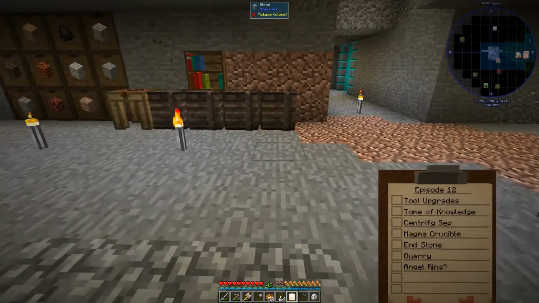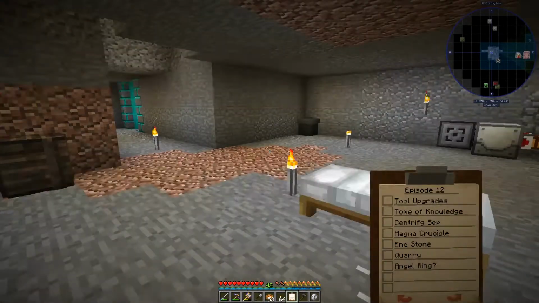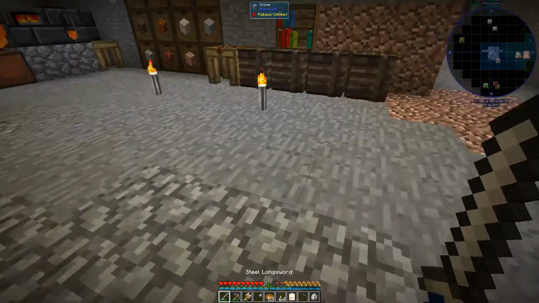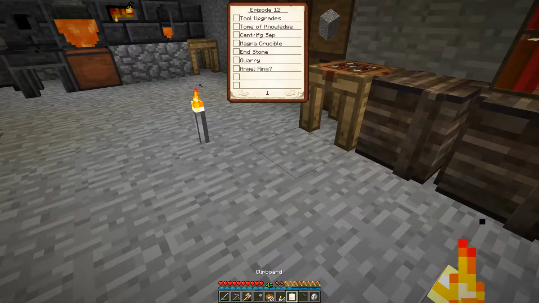And we have our list for today. Not too many things that are tied together, but a lot of these things are going to bring us closer to the next major goal, which is the end. So we've made it to the Nether, and now we're going to work towards getting to the end. And so what we are going to do today is first